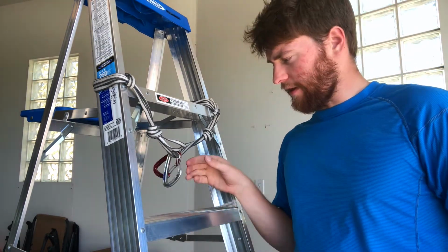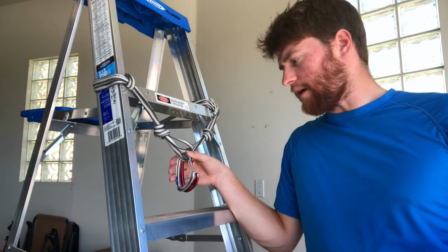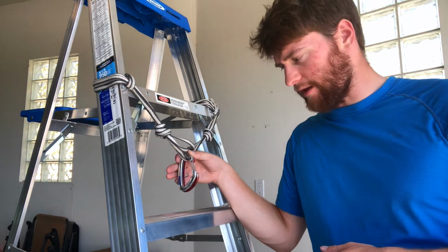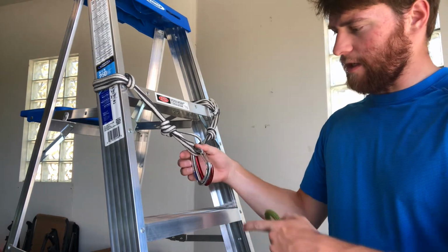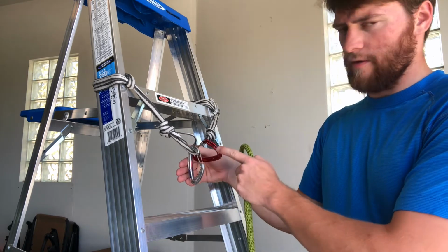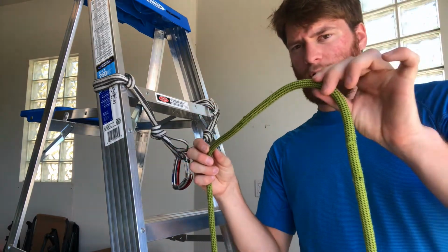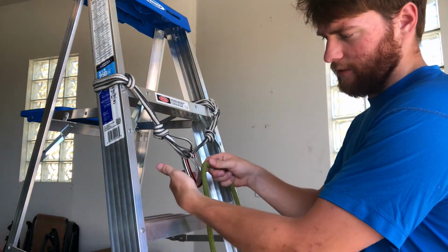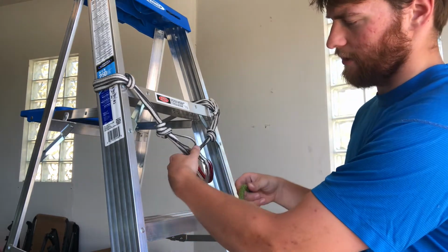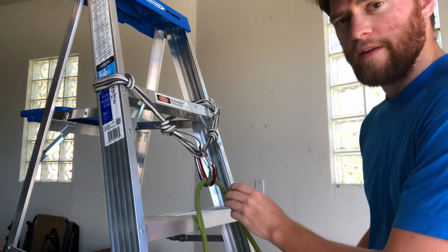Now the key with this hitch is you have to decide which one is the load strand side and what is not going to be the load strand side. So in this case, I'm going to treat the silver carabiner as the load strand side, and then this red carabiner will be on the other side. So I pull out my rope in accordance with the silver carabiner, so that means the left-hand side is where the load is going to be, and I'm going to clip the rope into both carabiners,